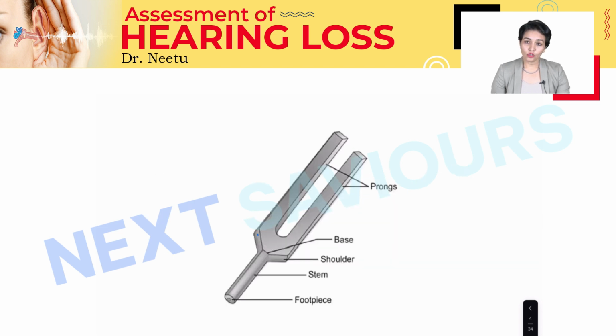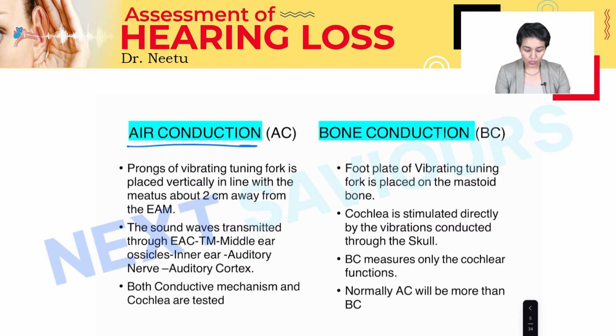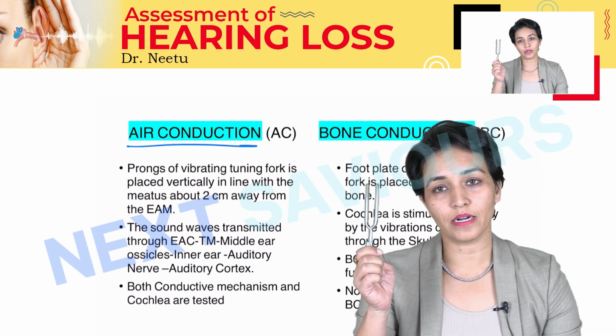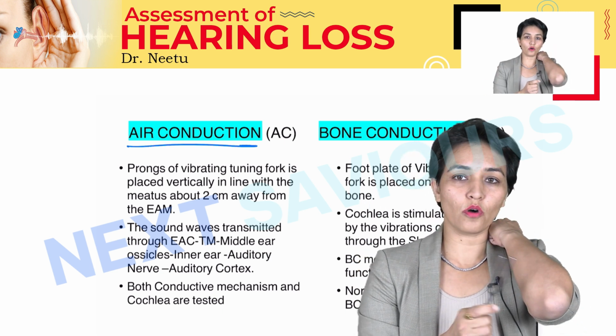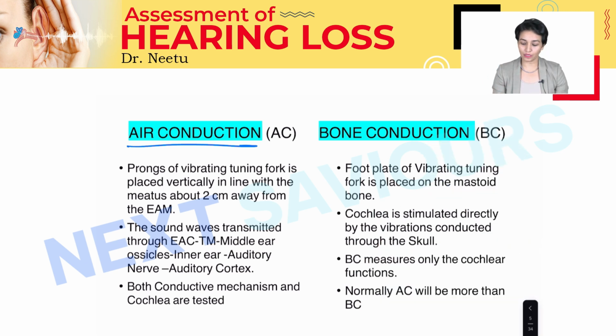So this is how the tuning fork looks like. It has two prongs, base, shoulder, stem, and footpiece. Prongs we use for air conduction, footpiece we use for bone conduction. How? Air conduction: we strike the tuning fork over a hard surface. We will keep these prongs closer to the ear, not touching the ear, approximately 2 centimeters away from the external auditory meatus. Sound waves will travel through the system, that is external ear, middle ear to the inner ear